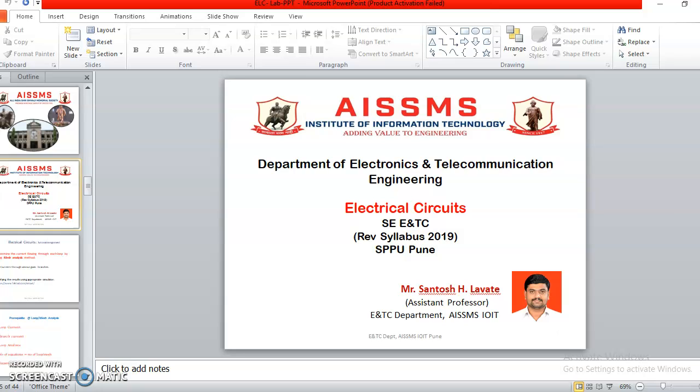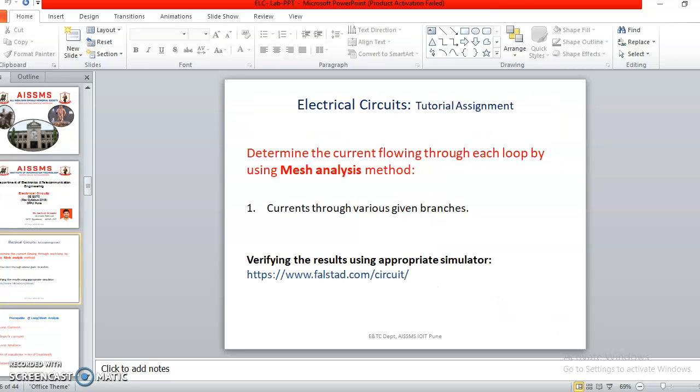Today we are going to cover our next tutorial assignment based on mesh analysis. In our last session we covered our tutorial assignment based on node analysis. Now we will go for the mesh analysis. The problem statement is: determine the current flowing through each loop or mesh by using the mesh analysis method.